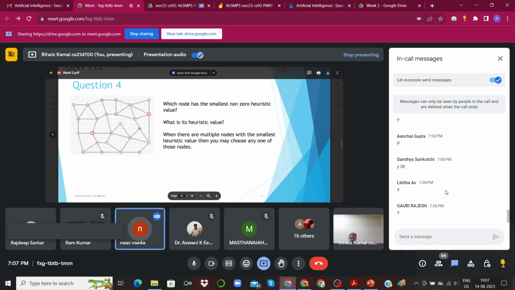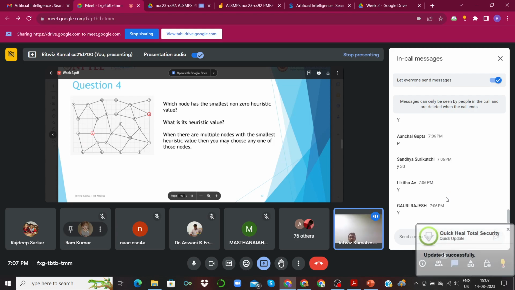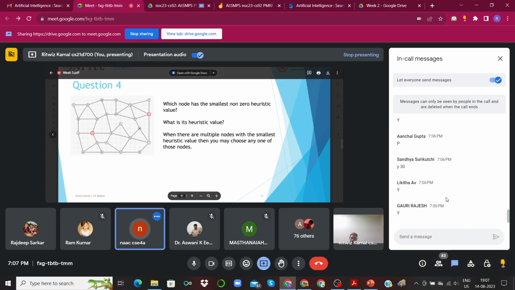Sir, don't mind, I would like to know how H1, H2 are calculated. These H1, H2 basically refer to the heuristic values for different nodes, which we calculated using the Manhattan distance that I just showed. Is that what you're asking, or is it specific to some particular algorithm? Yes, it is for the 8 puzzle problem.